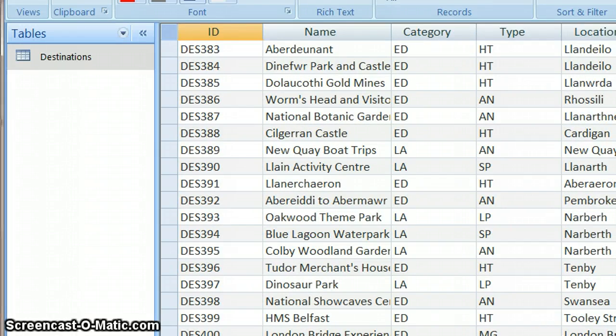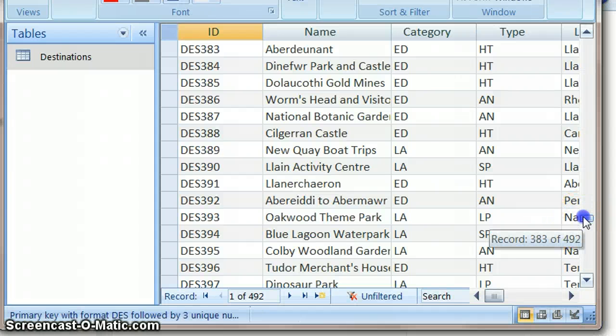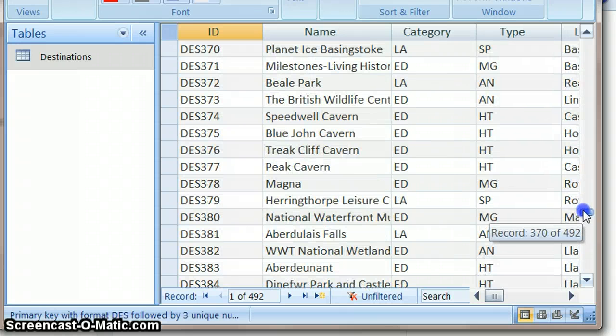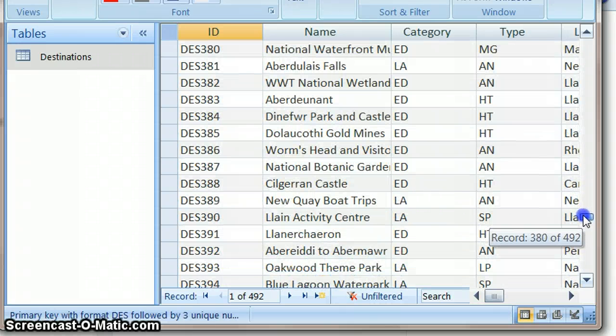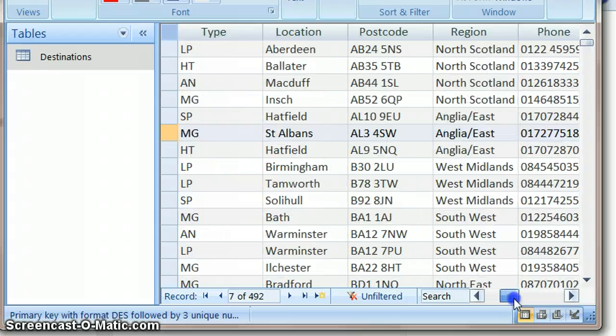You can remind yourself that each row is called a record because when you're scrolling down, you might get a little pop-up saying this is record 370 of 429, and at the bottom here, if I go to the next record, that's my cursor going down each row, so each one of those rows is a record. These headings here, ID, name, category,